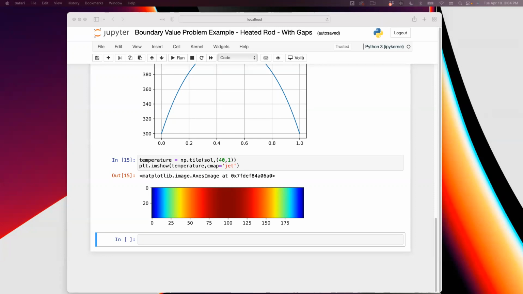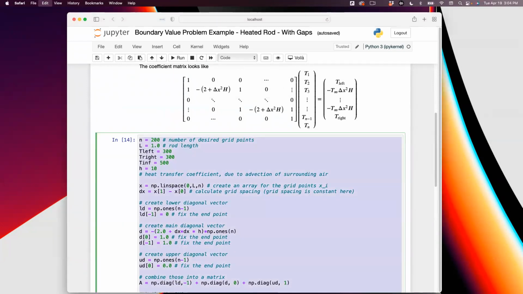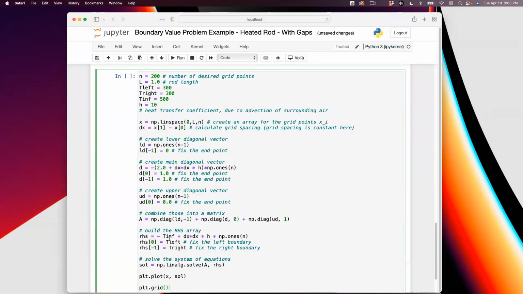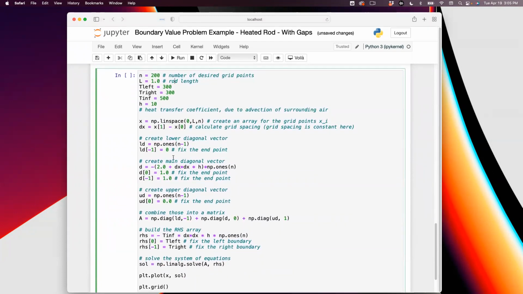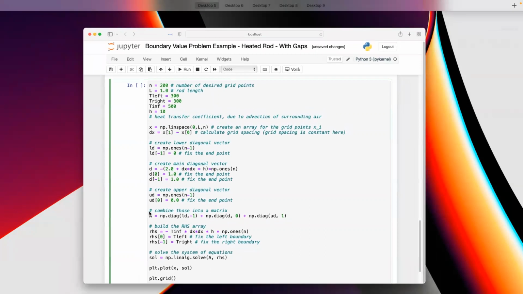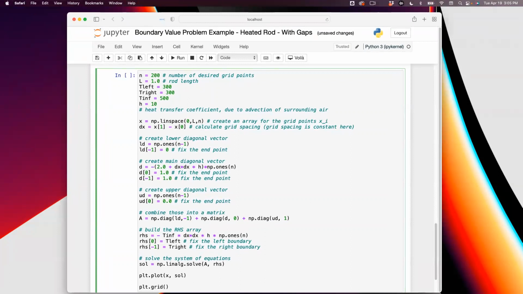Okay. So for the sake of those who are on Zoom, I'm going to go ahead and copy this and put it over here. Everything is the same except for a couple of things. The first one is, let me get the slides. Let me get the slides here. If you look at the slides,